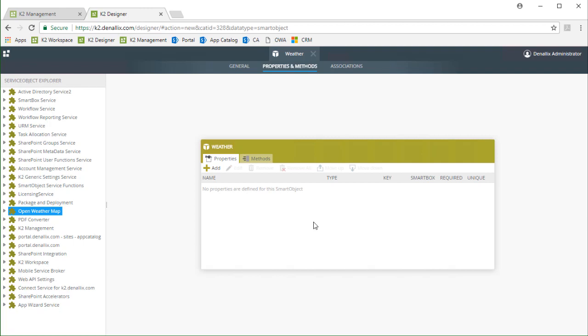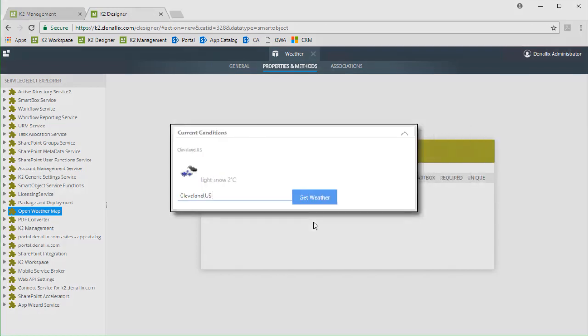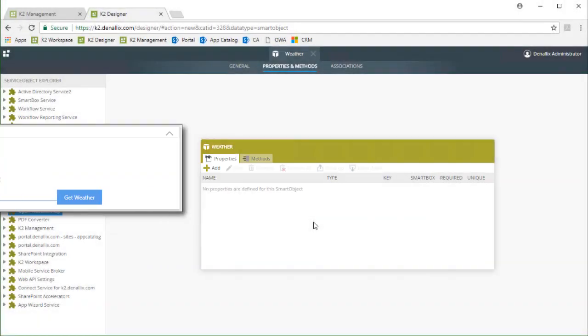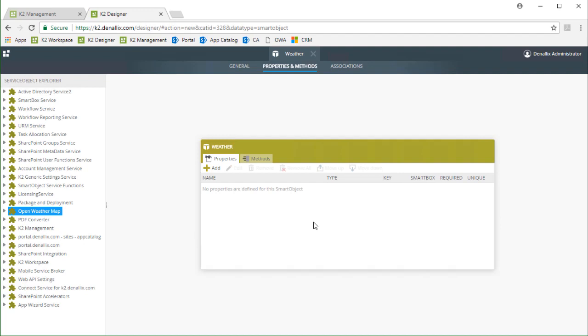In this lesson, I have already created an empty advanced smart object named weather to speed things up and allow us to chain methods together. My requirement is to be able to call getWeather from a smart form and display some current weather conditions on the form based on an entered location. I'm actually going to get properties for this smart object from the service object methods we call rather than manually